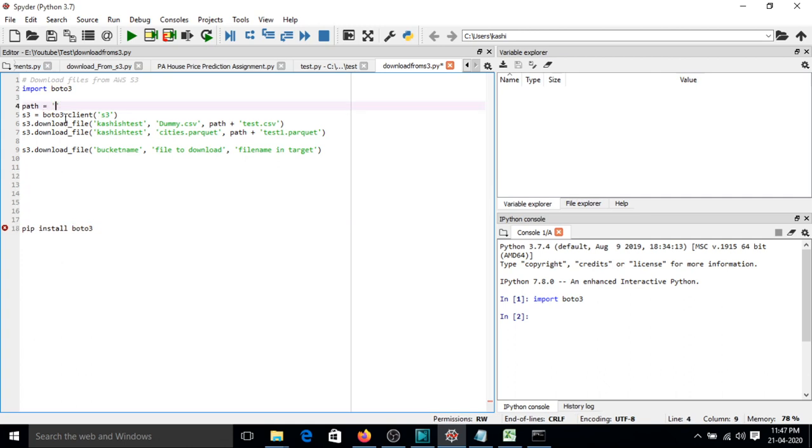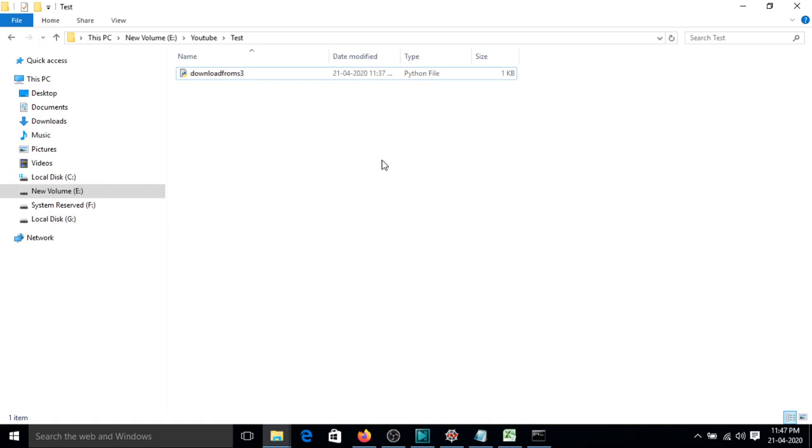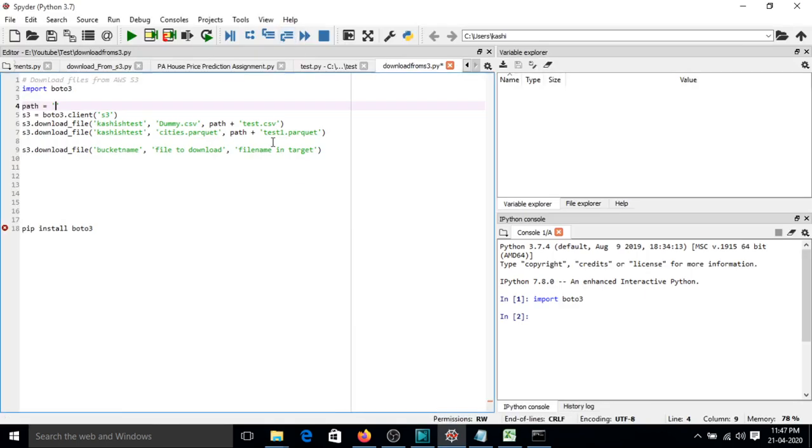Here you have to give the path where you want to download the files on your local desktop. So I am trying to download in this folder, which is this directory. Copy the path, go to Python. Now one thing to note, the path comes with forward slashes. You have to change them to backslashes. Change it, and at last you have to add one more slash at the end.